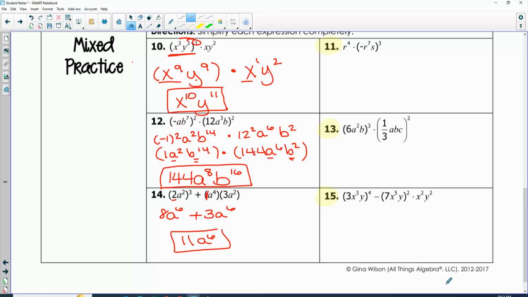So we have an r to the 4th. This is a negative out in front, or like a negative 1. If you take a negative 1 to the third, it's still negative 1. With my r's, r to the 7th to a third. When it's a power to a power, what do we do with those exponents? Times r to the 23rd. This is 1s to the third, so 1 times 3 is